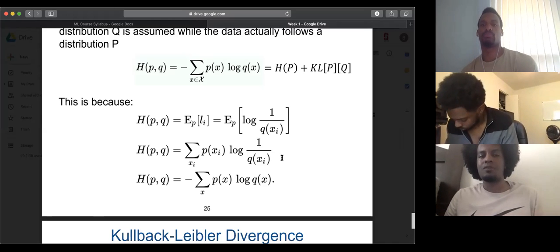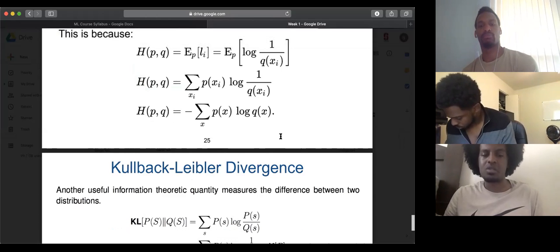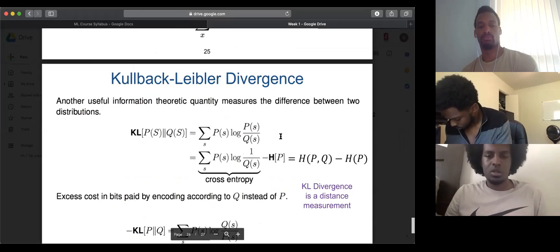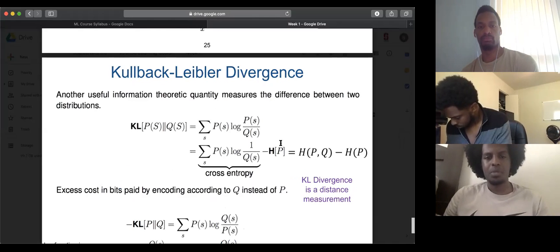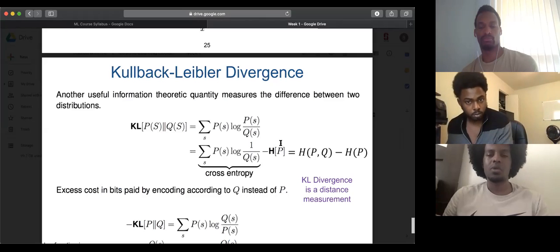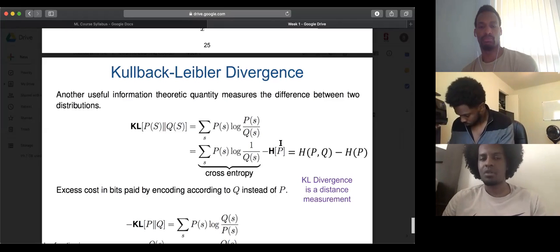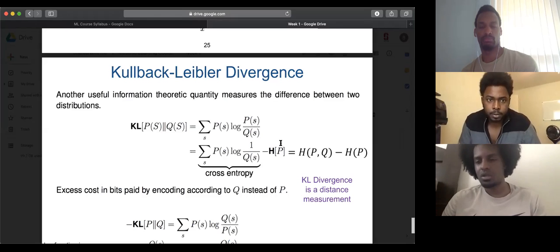Yeah, and so that's what the cross entropy is. You're seeing the difference. Actually, the Kullback-Leibler divergence is a distance measurement between those distributions. So we can look at that. I've never actually used this specifically, but I've read a little bit about how it plays a part in deciding where the lines are, if you mapped all your data points onto a graph and had to figure out how to split your graph. This distance is a useful measure of how to split your data.